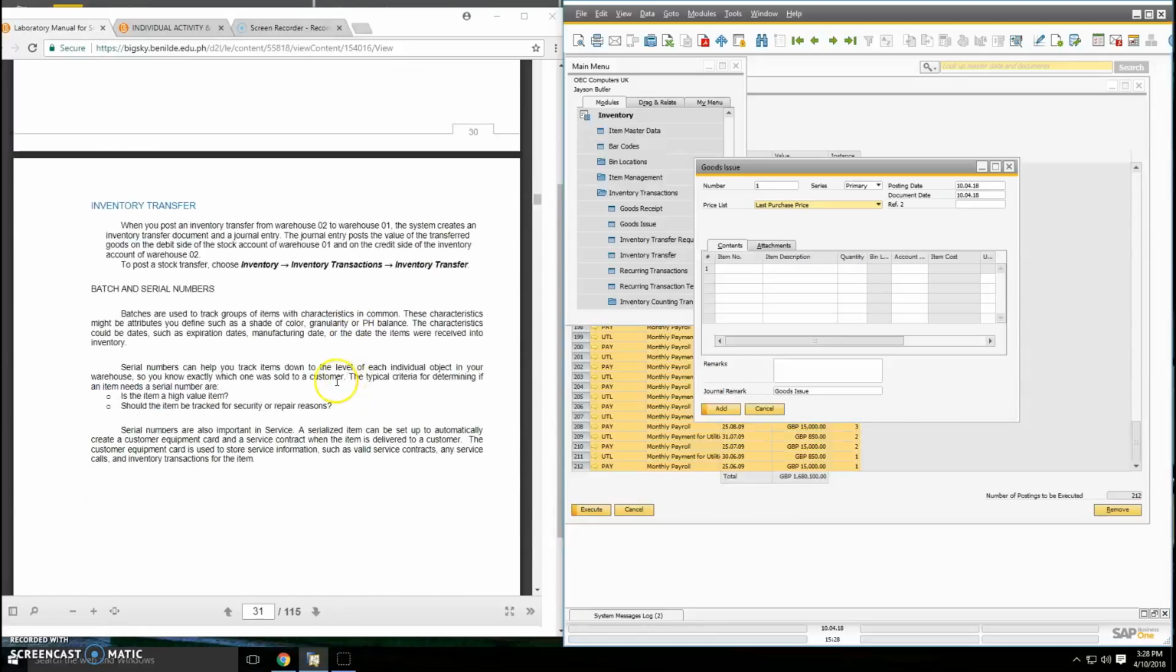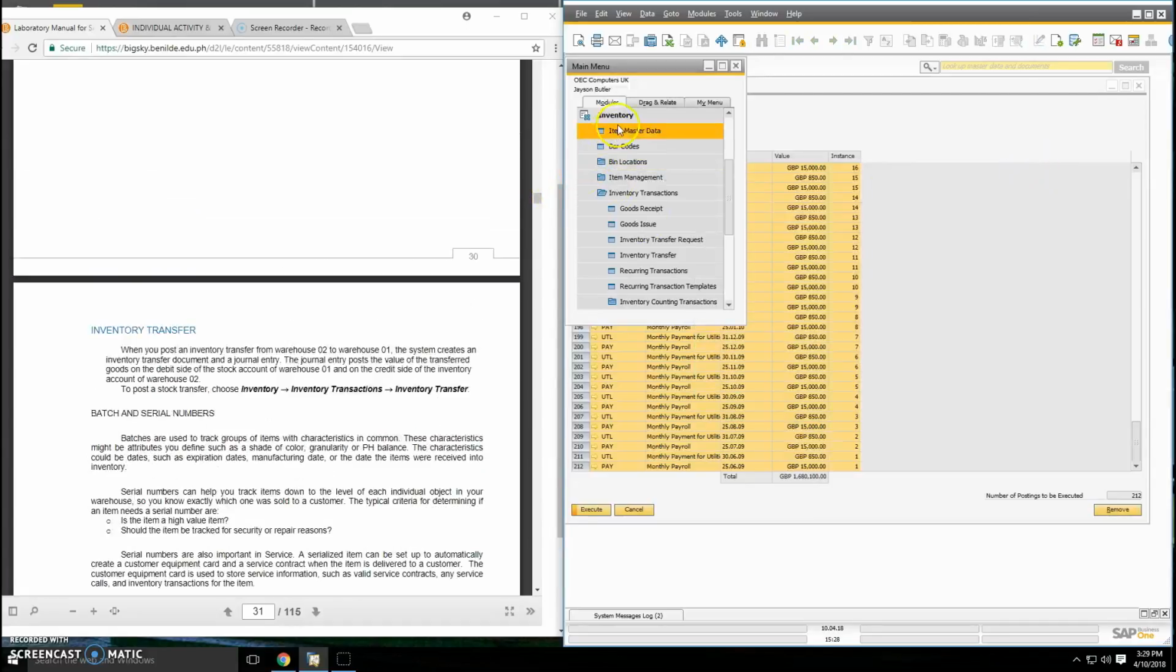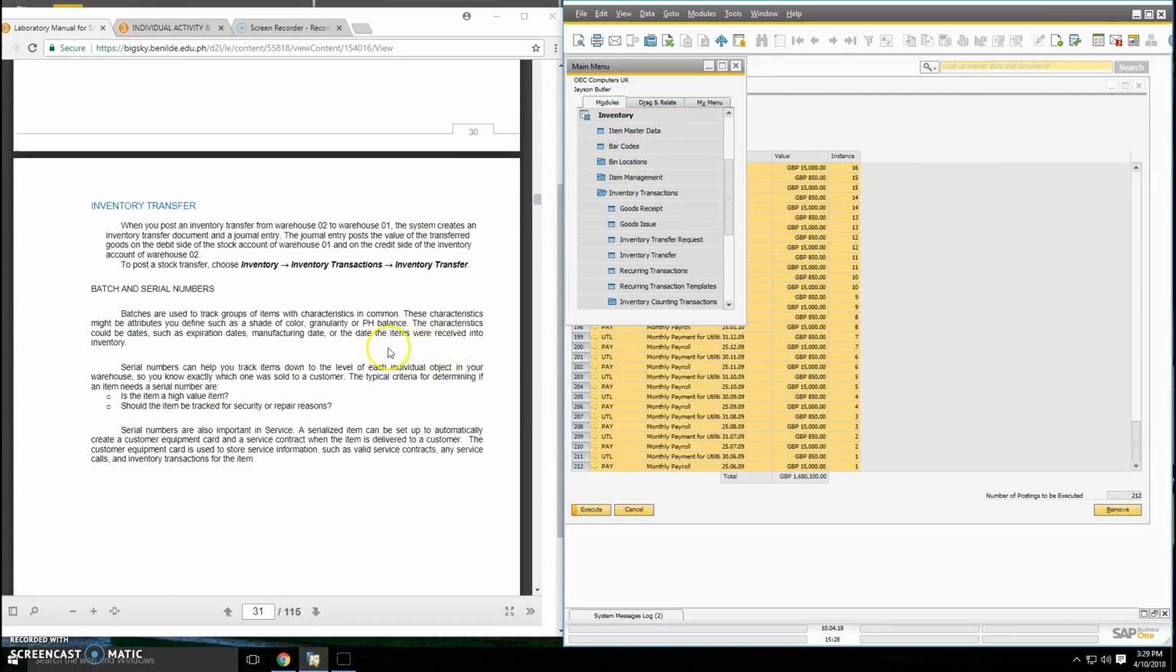So in the inventory transfer, when you post an inventory transfer from warehouse 1 to warehouse 2, the system creates an inventory transfer document and a journal entry. The journal entry posts the value of the transferred goods on the debit side of the stock account of warehouse 2 and the credit side of the inventory account of warehouse 1. To post a stock transfer, use Inventory, Inventory Transactions,